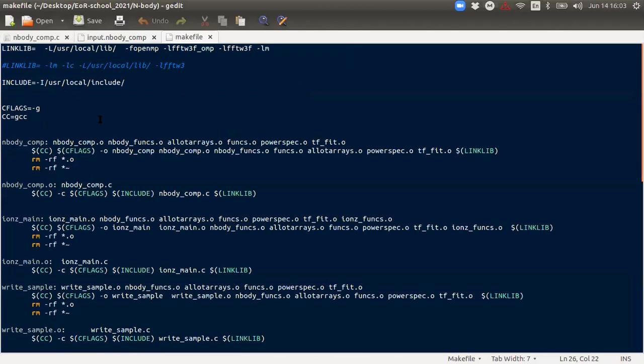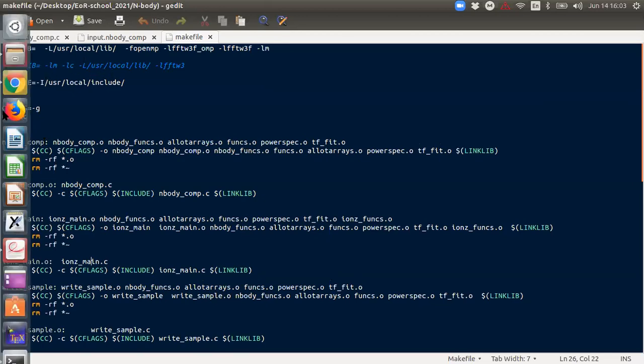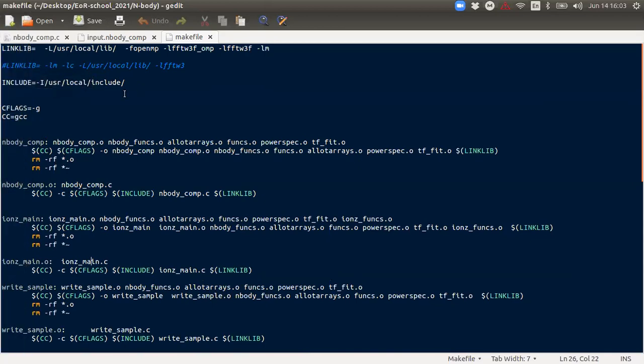This file is run by a command called make, and this compiles all of the files within this directory, and then finally links them to give you an executable which you can run in order to simulate the universe, simulate the perturbations in the universe.